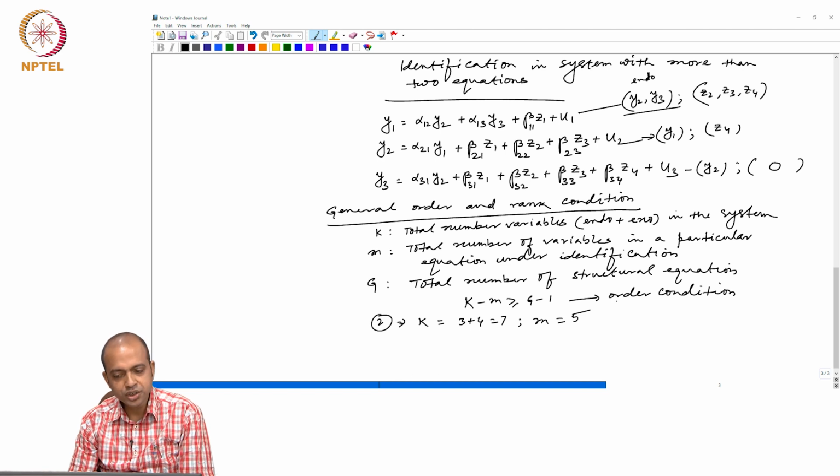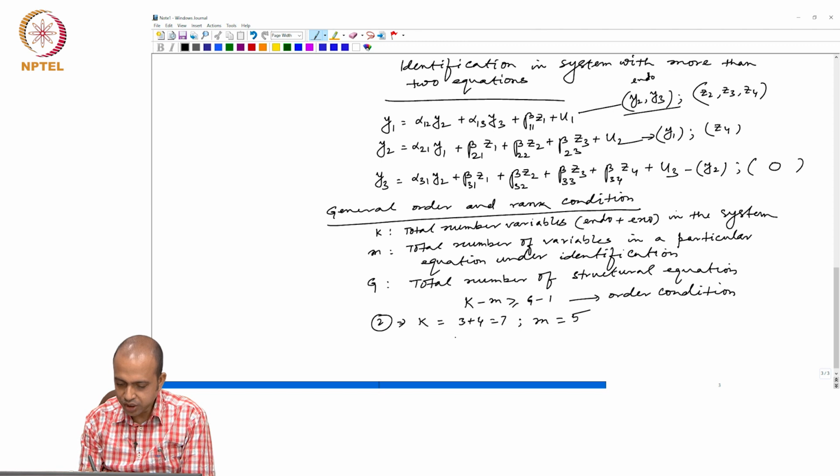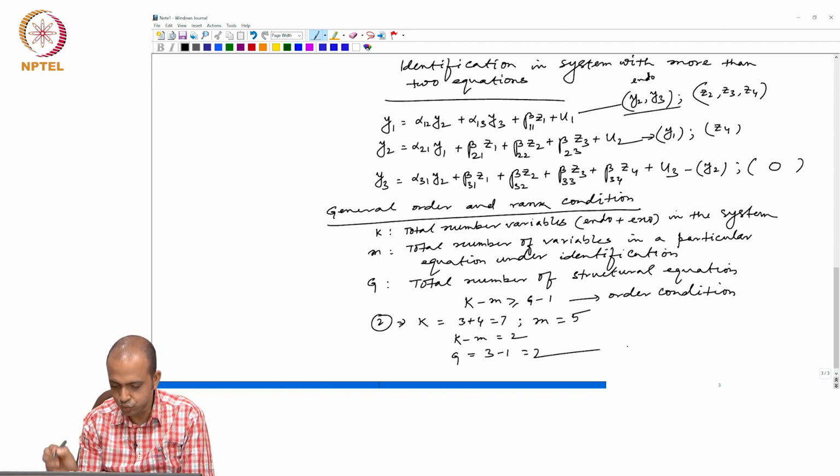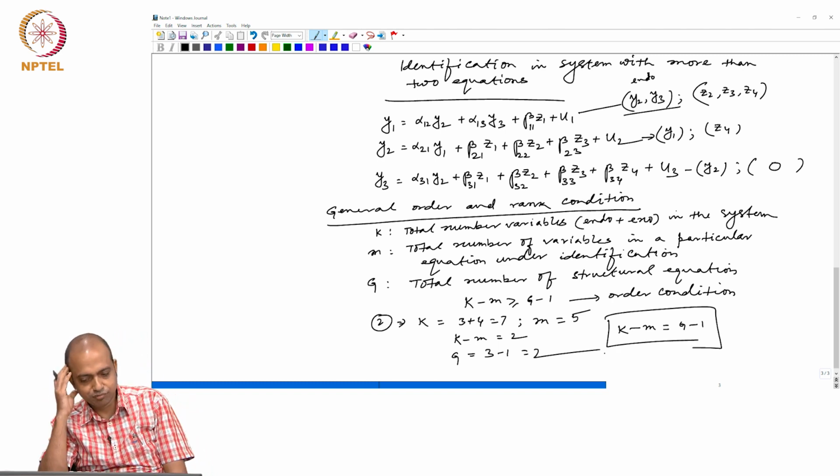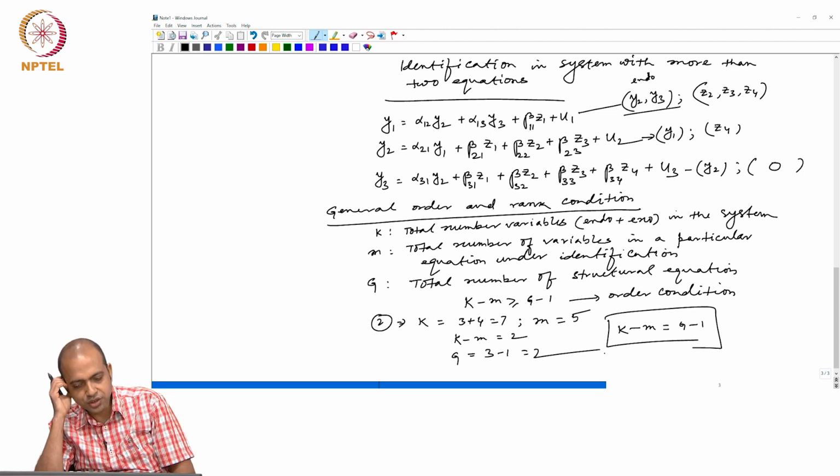y1, y2 endogenous, z1, z2, z3 exogenous, so total 5. So, k minus m equals 2. And what is G here? G equals the total number of structural equations, 1 to 3. So, G minus 1 equals 2. That means I can say that k minus m equals G minus 1. So, the second equation is exactly identified because it is equal,